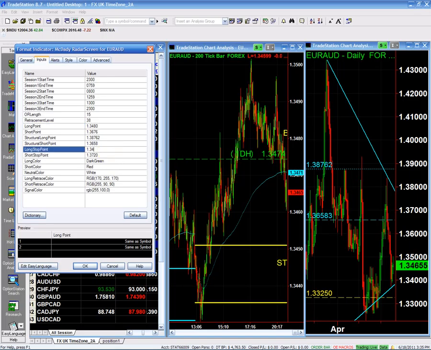And my structure long is still the 136.58, which was the structure short from last week. Now it's going to become the structure long, and my structure short now is going to be